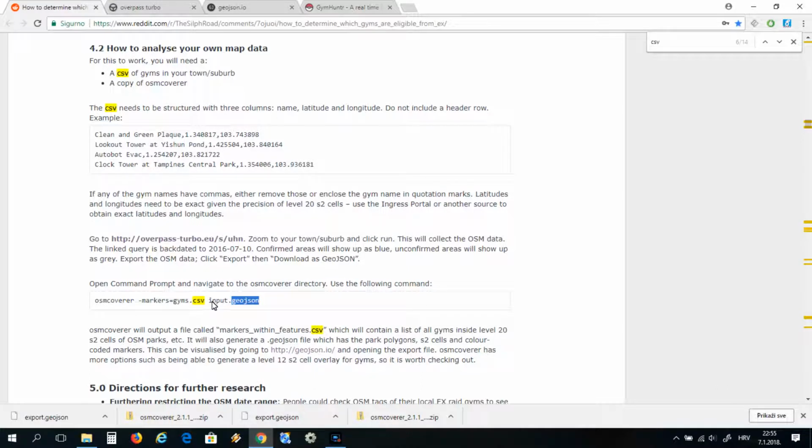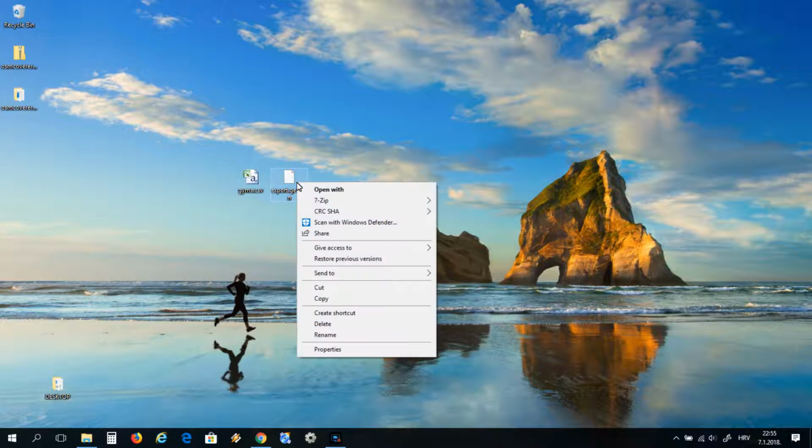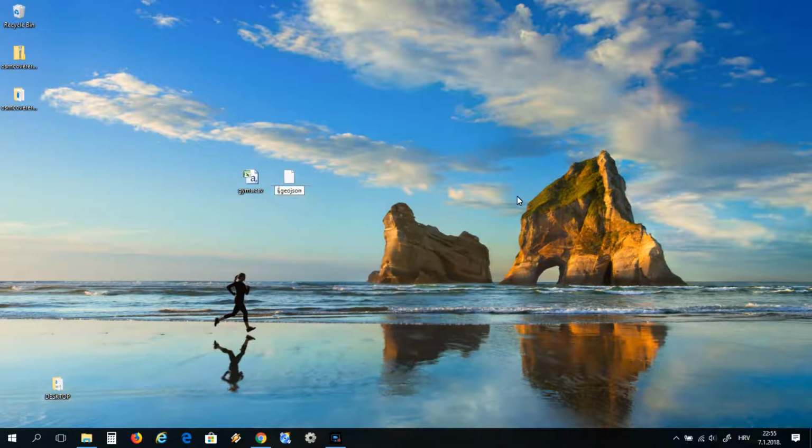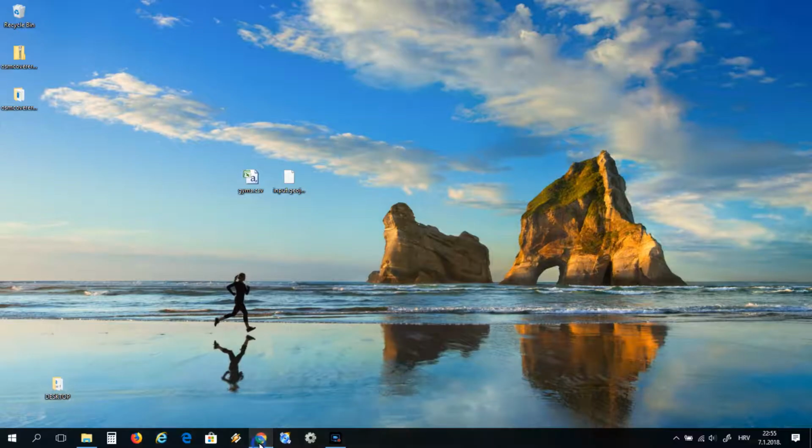So let's rename it so that it corresponds, like this: input.geojson. So right click on the file, rename, input.geojson. Now it's okay. Now we have gems.csv, input GeoJSON, and we need the